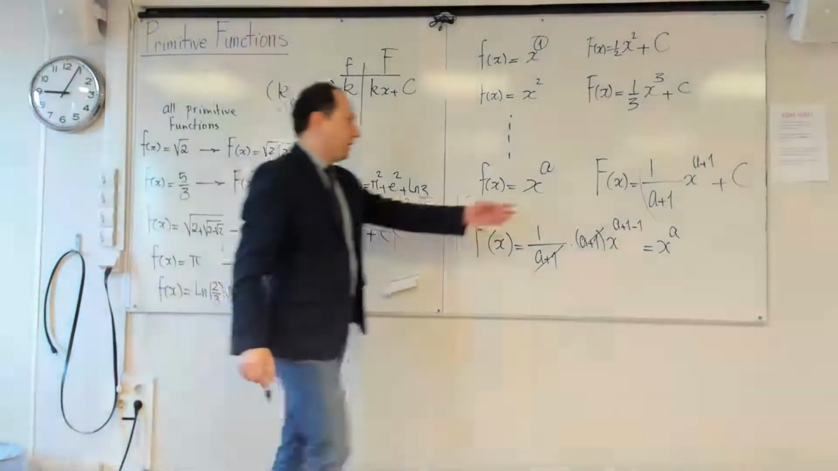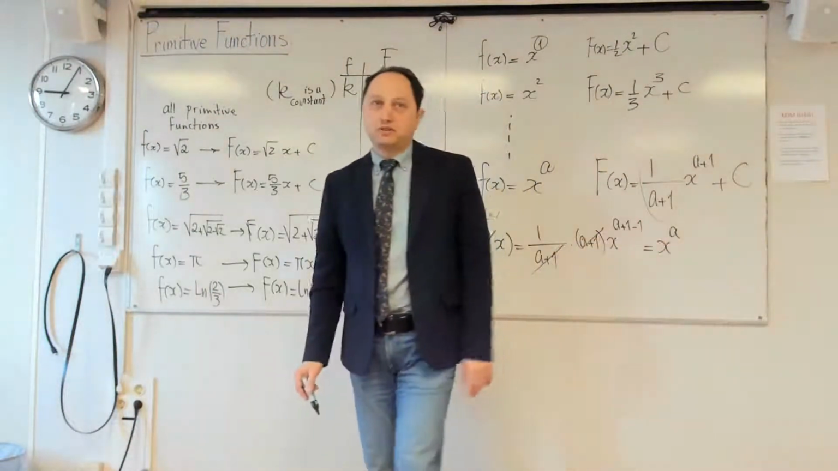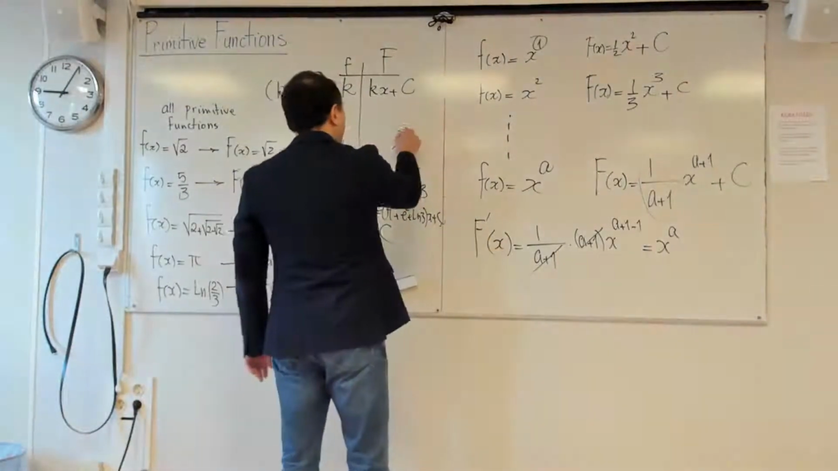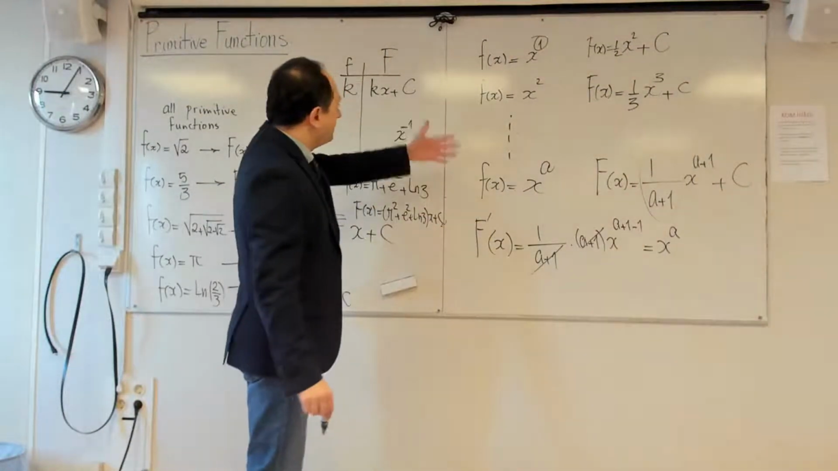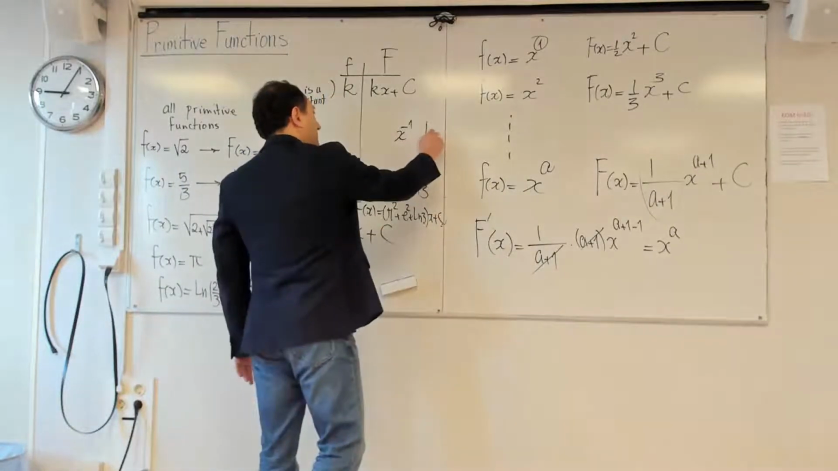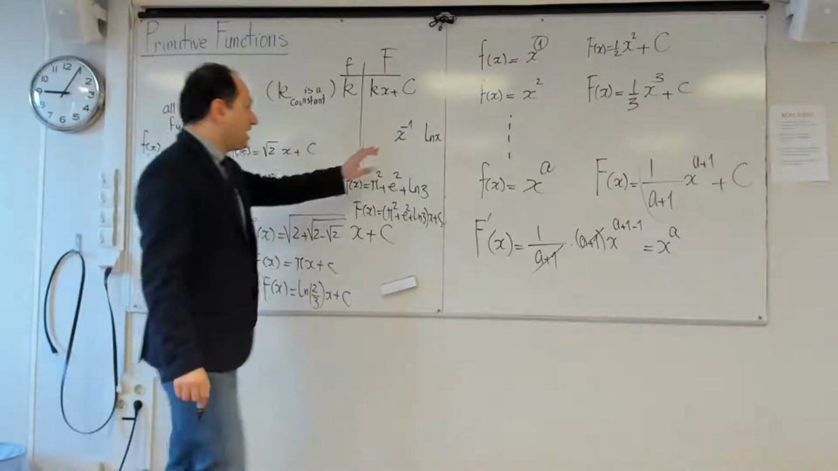-1. Because if a is -1, then I will have a problem here. The derivative becomes 0. Yes? So what happens if I have x to the power of -1? What is the function whose derivative is this? You will learn in Math 4 that it is ln of x. So it changes